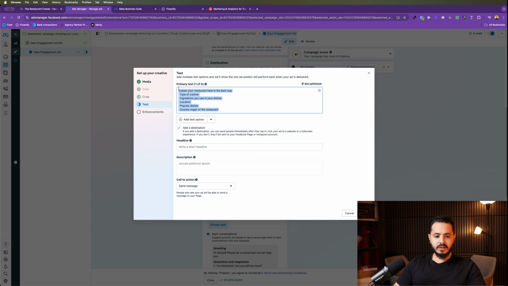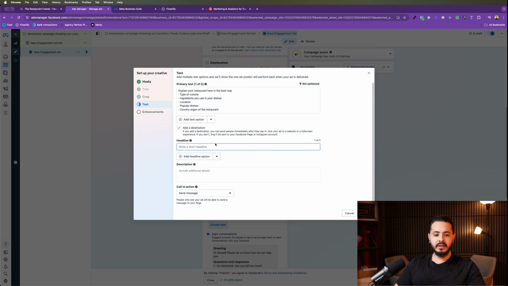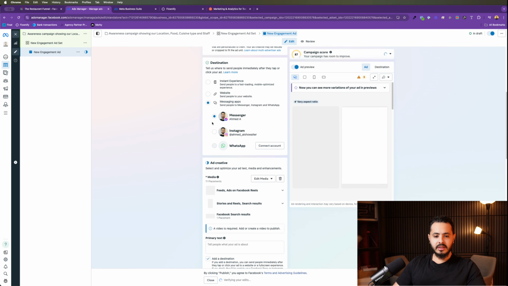And then here, this is where you would put the stuff, and then the headline, you can have like location, new restaurant. Oh, we are open now, if you just opened. We can have a soft call to action. We don't want to really sell them anything. You can actually have a sell item if you would like, but we're optimizing for